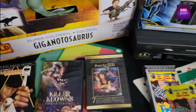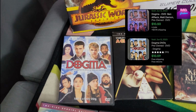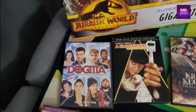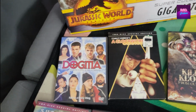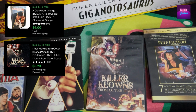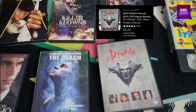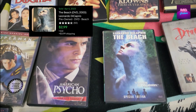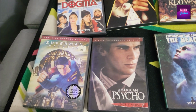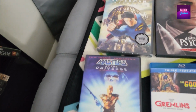And then hop up over here to some DVDs, Dogma. If you ever find a Blu-ray of Dogma used, it's selling for over $100, just like Free Willy is. This one's selling for like 10 bucks. I've got it listed, but for the collection, I got Clockwork Orange. Now it's my second copy, different cover variant of Killer Clowns from Outer Space, Pulp Fiction, Dracula, The Beach. Now I have on DVD. I just found it on VHS a couple weeks ago. American Psycho, Superman, which you probably saw in the video that I got,